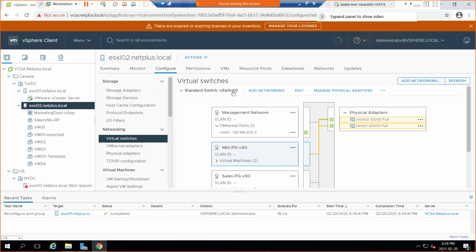So first we will go for vSwitch 0 level features here. Then we're going to explore the same features and compare them with any one port group level feature, because every port group is exactly the same. So we're going to explore one port group and you will understand, okay, these are the features of every port group. So first of all, vSwitch 0 level, what are the features there on the switch level? So if I go to edit for the vSwitch 0,